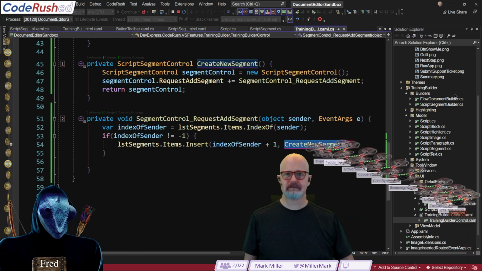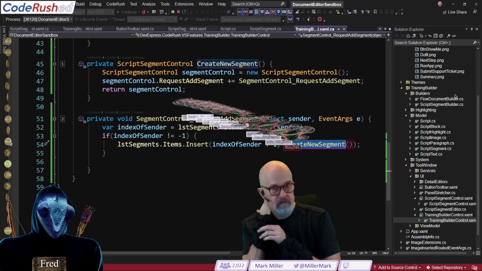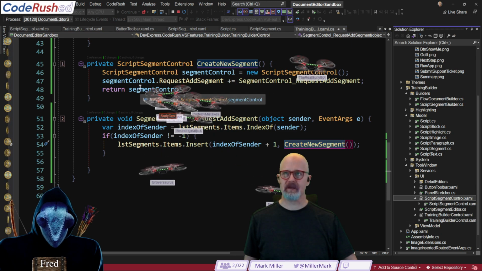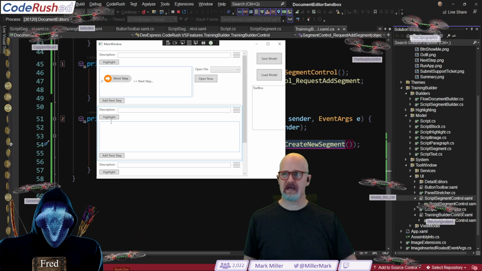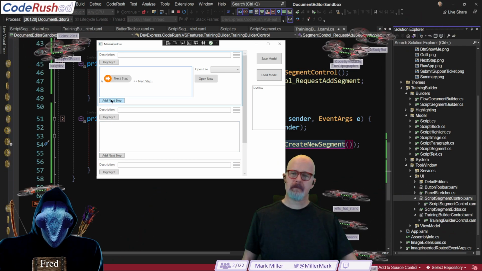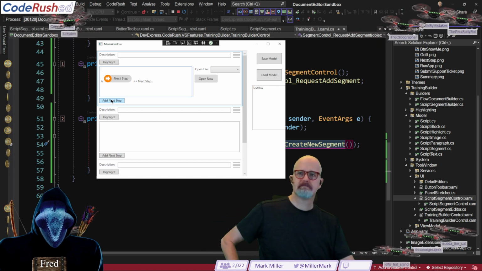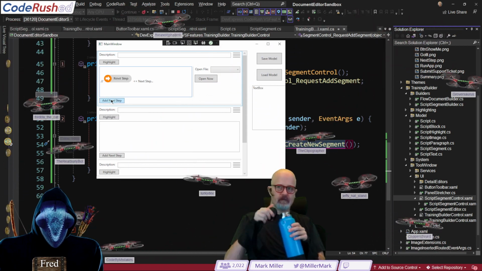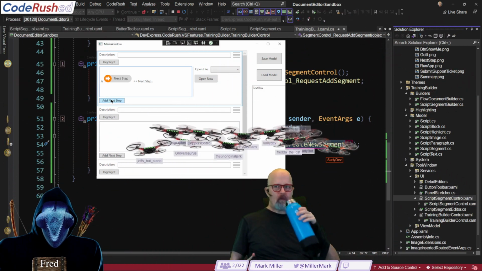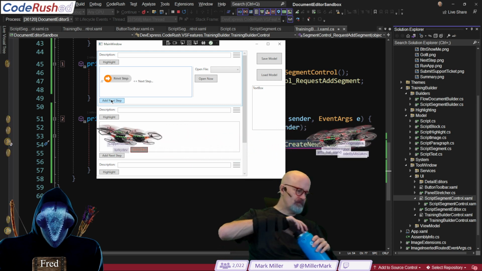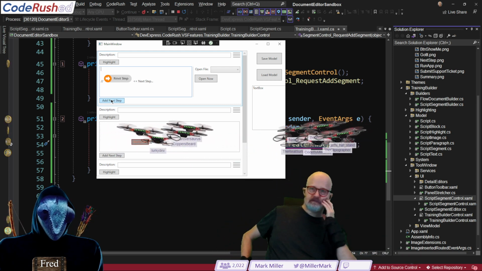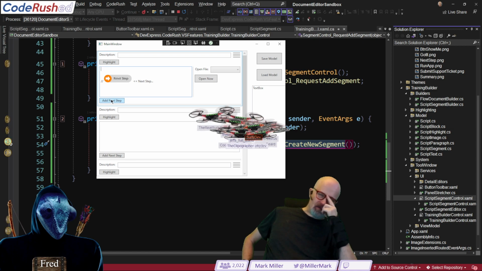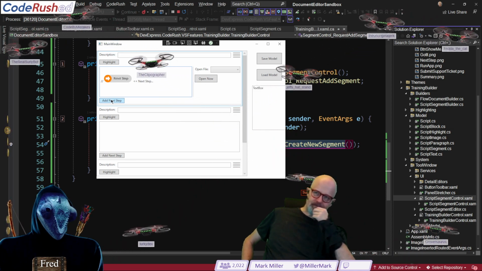Where's the event raised from? Which event? The request add segment. That comes from the script segment control. That's when we hit the button add segment. Visually it looks like this: add next step. Right, so could we not change the event we raised so that it had a property in it which would be the description of the segment we're going to add? That way, the add next step can both put items into the current segment and influence the name of the one that's about to be added. And since the data would be sourced from there, we could do that, but it's always going to be the same text initially. True.